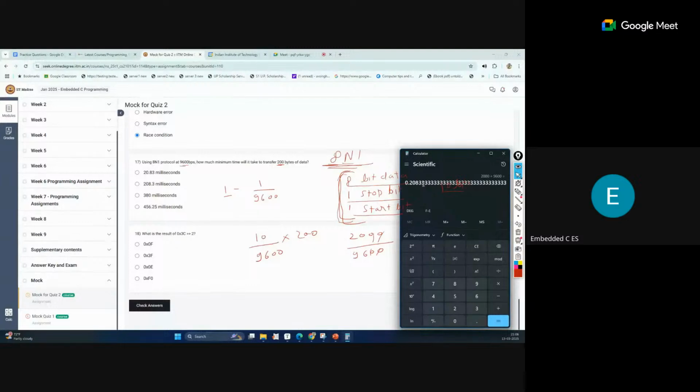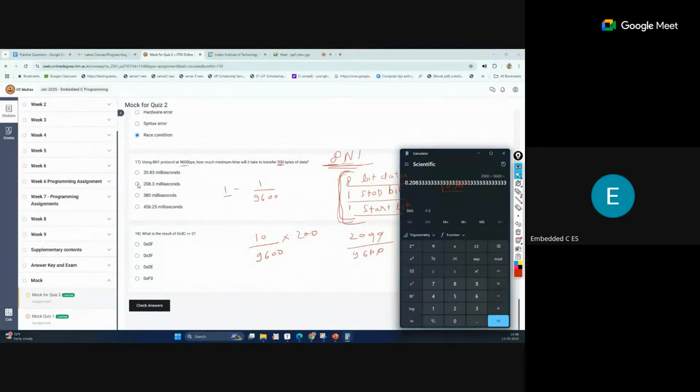If we change this into milliseconds, multiplying by 1000, this becomes 208.33 milliseconds.